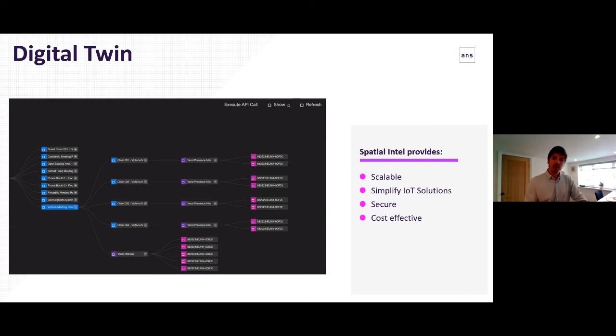So Adrian, just on that there, then each one of those blocks is a digital twin. Yes. So each one is a digital twin. So in the left, for example, is a physical room, and in the room we've got chairs in this room. So now we've got chairs, plus we've got motion sensors. Each chair has got a physical sensor connected to it, and then these are the data points that the sensor's coming from. So you're building the relationships all the way through in a hierarchical way that allows us to collect the data in a stream, and then you can effectively run a query against that data in real time.